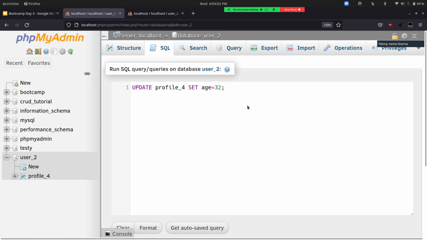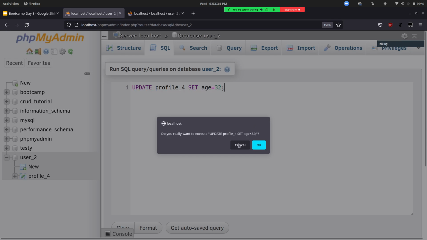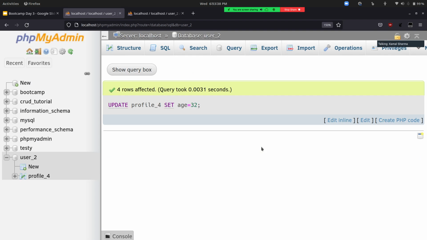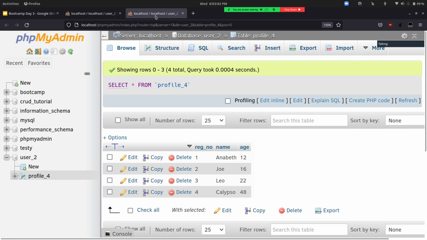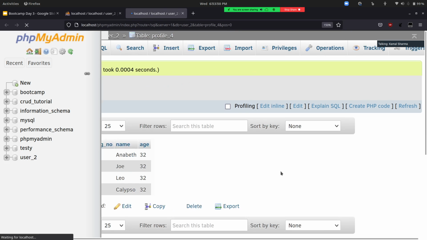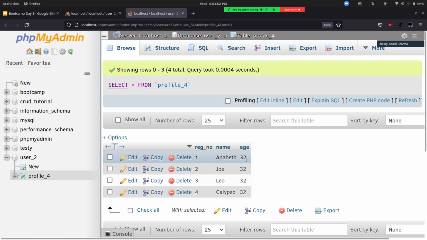So yeah, it's asking if I really want to. Because what happens is it will apply age equal to 32 for all the records. Previously every record had a different age, right? Now if I refresh, each person's age is 32.